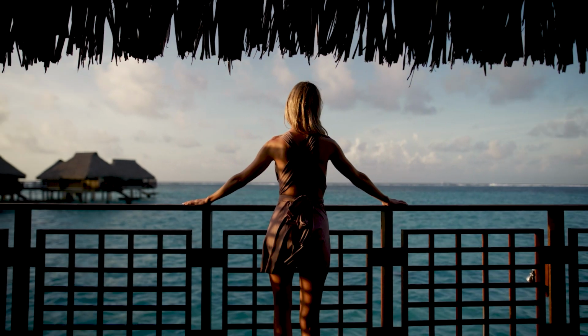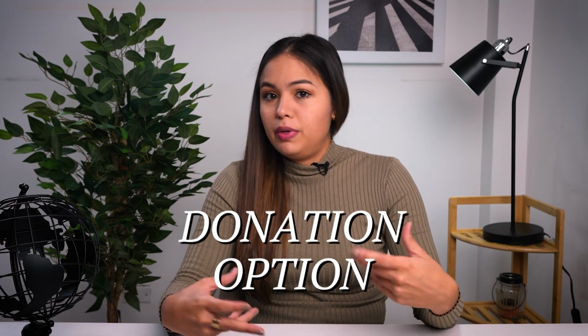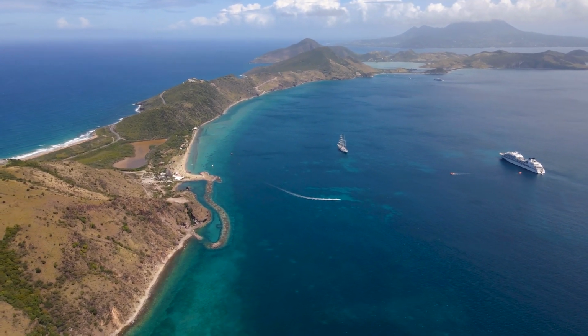So moving on, we are going to compare what options you have to invest in order to qualify for citizenship by investment. So first off, we need to start with the most common one, which is the donation option. Both countries have a donation option, but how do they compare? So let's start off with St. Kitts and Nevis. If you wish to donate to the Sustainable Island State Contribution, the minimum threshold that you need to take into consideration is